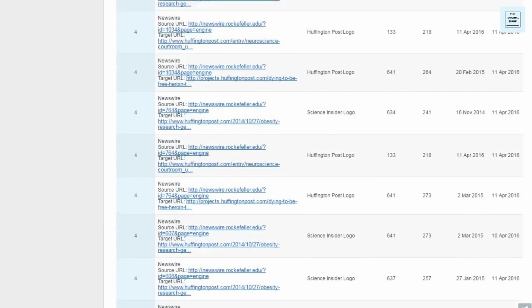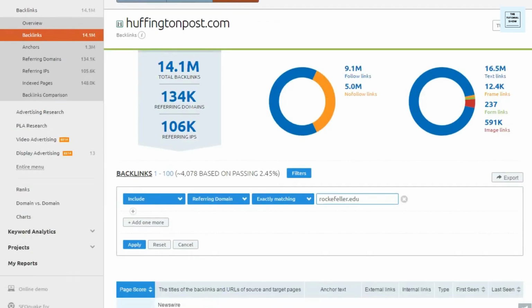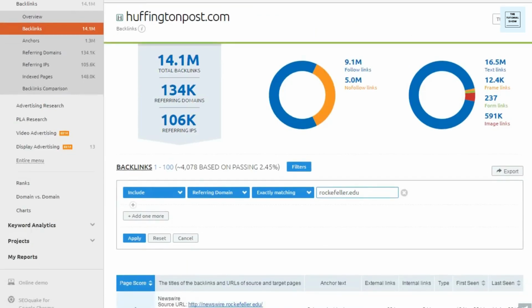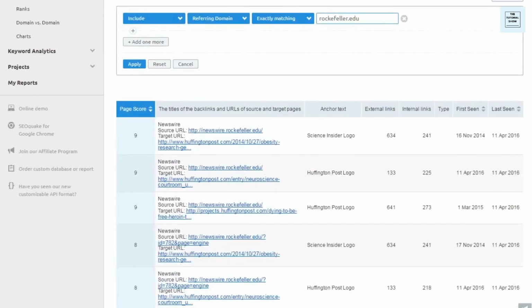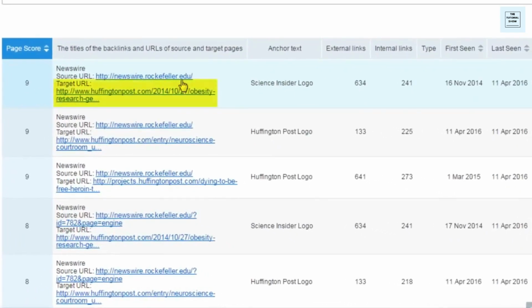Now I can also click on the backlinks number here. And this is very important information that this is going to give me. This is going to show me if these links are follow or nofollow, but it's also going to show me the exact source here of where the site is receiving the link from, and it's also going to show me which particular web page is actually receiving the backlink. Then we can also see how many backlinks that particular source actually has pointing to that page. And then the anchor text that is used.